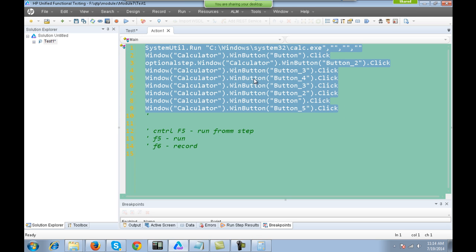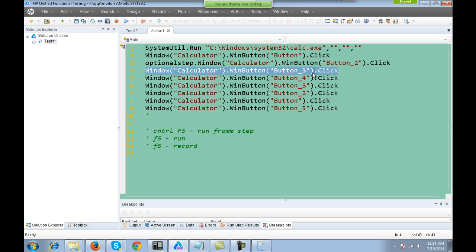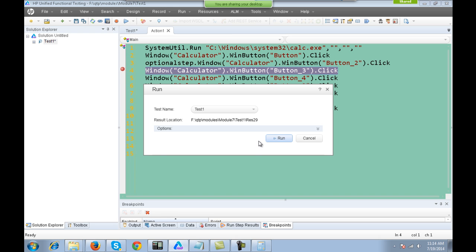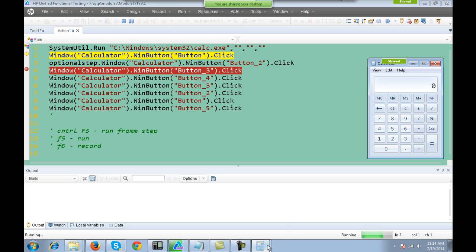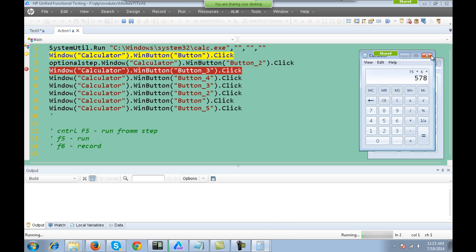Debugging is like executing the script as per your own wish, at your own speed. So to debug the script, on the line which you want to debug, you click in front of that line. You'll see a red mark coming up. Just be with me, you will understand what I'm trying to say. When you run the script, you will realize that two instances got opened. I'll close one of them.